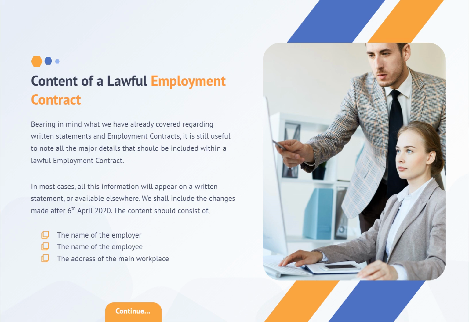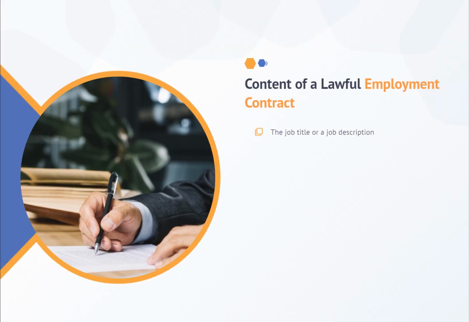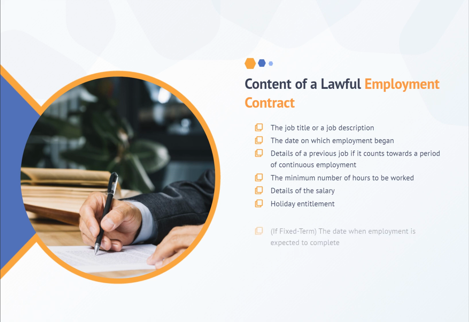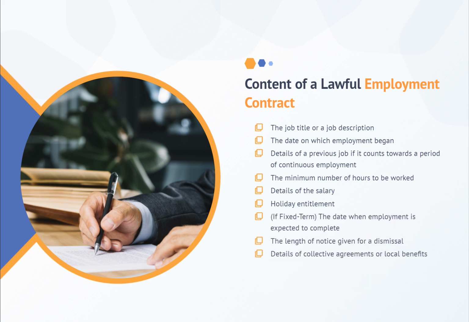The content should consist of the name of the employer, the name of the employee, the address of the main workplace, the job title or a job description, the date on which employment began, details of a previous job if it counts towards a period of continuous employment, the minimum number of hours to be worked, details of the salary, holiday entitlement, if fixed term, the date when employment is expected to complete, the length of notice given for a dismissal, details of collective agreements or local benefits,